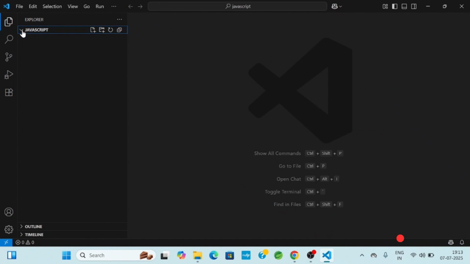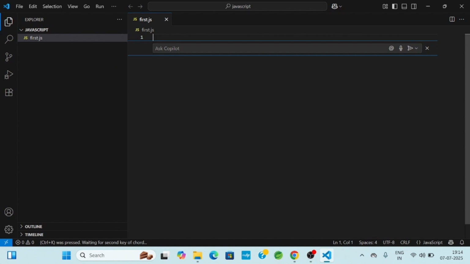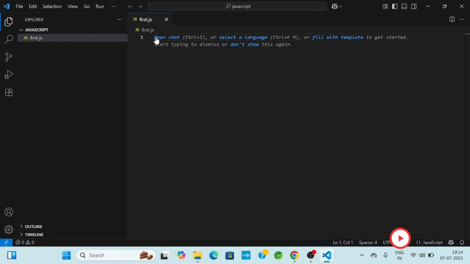Now I will open, and you see there is an option, new file. So I will click. Suppose my first JavaScript file name is first.js. So this is my file. In this way, I can develop a JavaScript file,